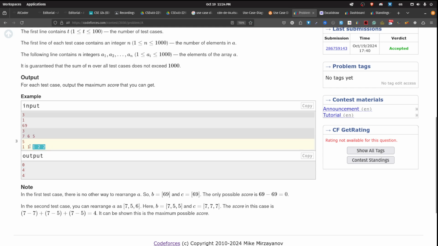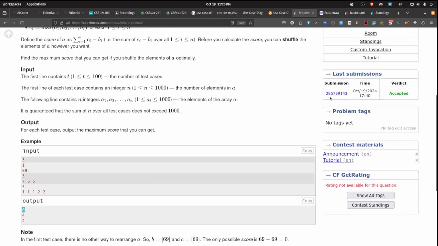And you can also calculate the third test case for this. For the first test case, I don't need to do anything, and that's why the first test case answer is 0. And if you see my submission here, basically,